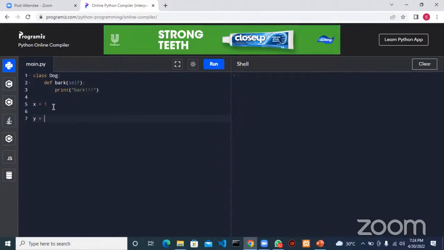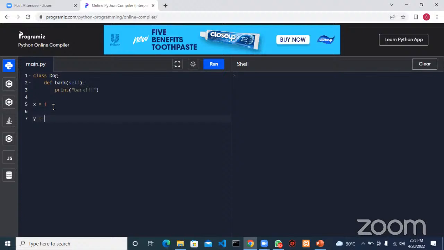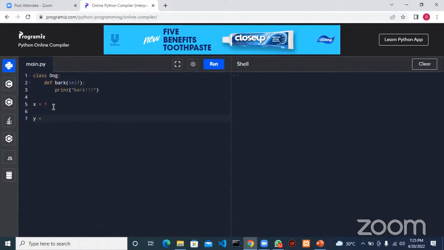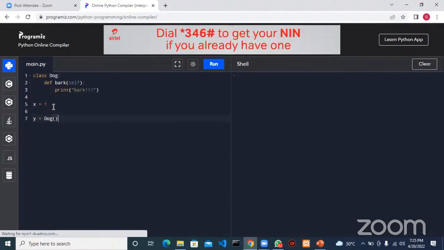So how do we actually create our own object? We call the class name. That's how we do it when you're building your own custom class. You call your class name, so Dog, with the parenthesis there. What happens now is that we have created an object for our class. Now if I go ahead and put type of y,